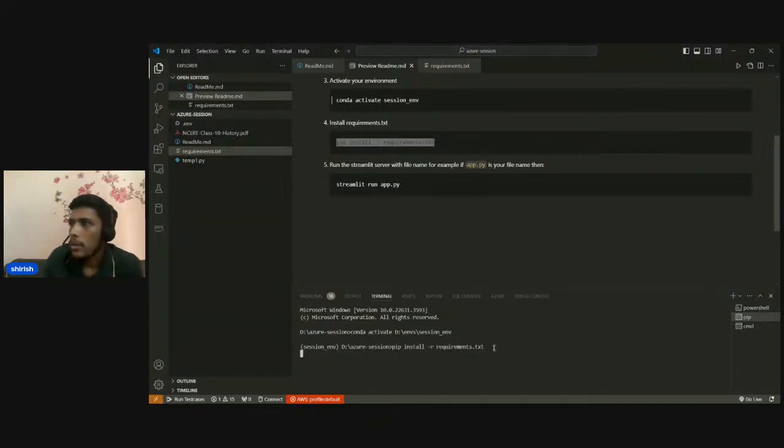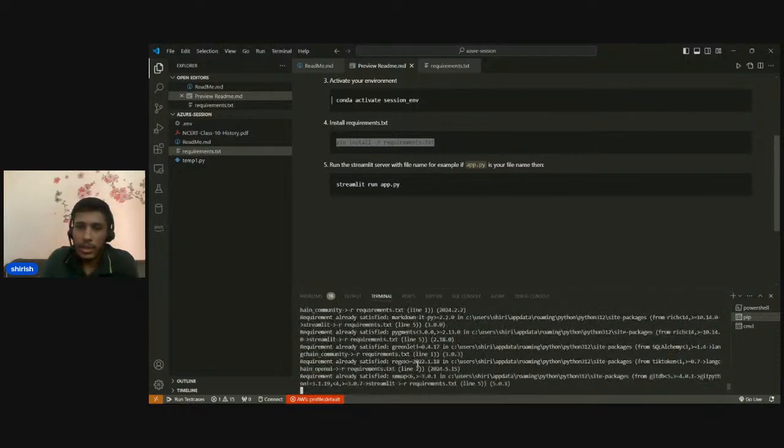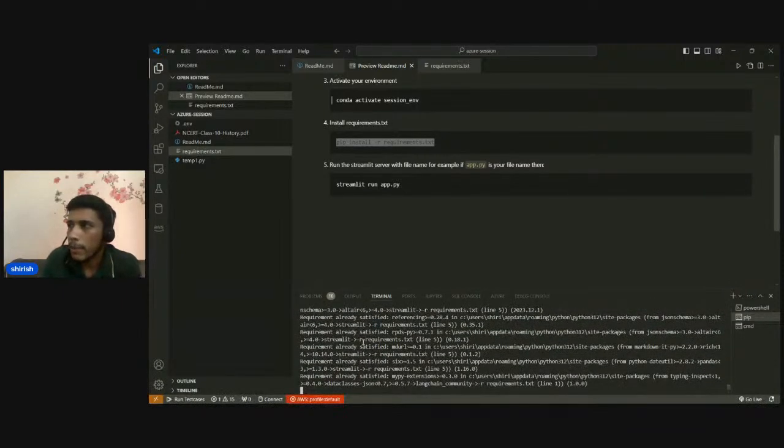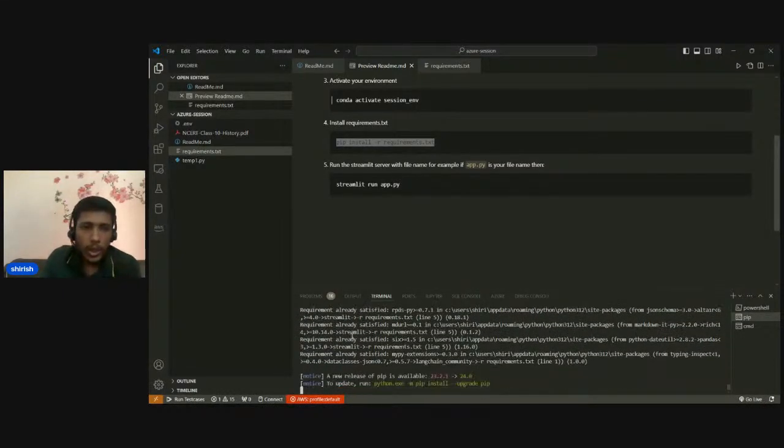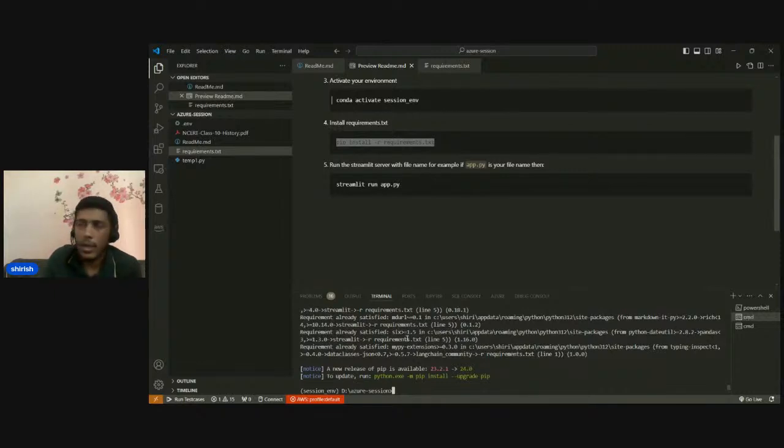Okay. Since I've already installed that, all the requirements are already satisfied. For your case, if you try to run this, it will say downloading and it will take some time to download all the libraries. Okay. Then after that,